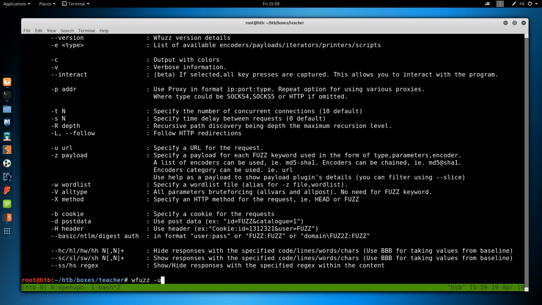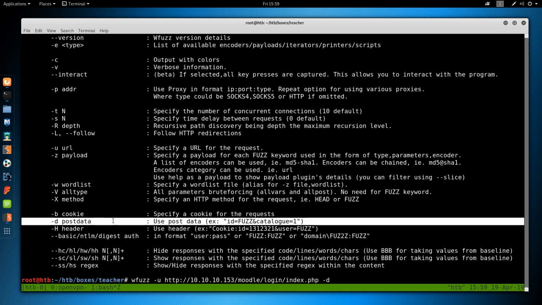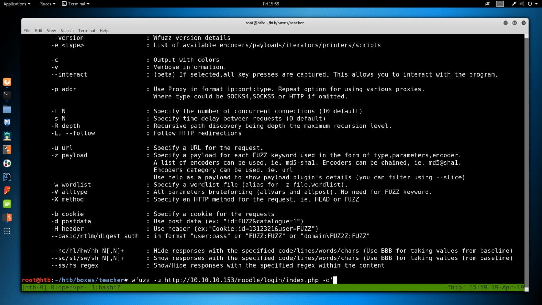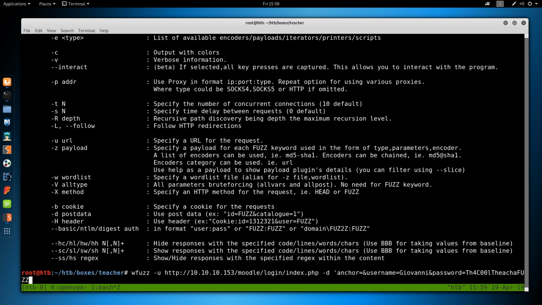We'll do wfuzz -u for URL, HTTP 10.10.10.153, paste the URL, and then we want to do -d for post data, and grab the actual post request, which is this, put it in single quotes, and then after the password, put FUZZ in all caps because wfuzz is going to do a search and replace for FUZZ with each line in this word list